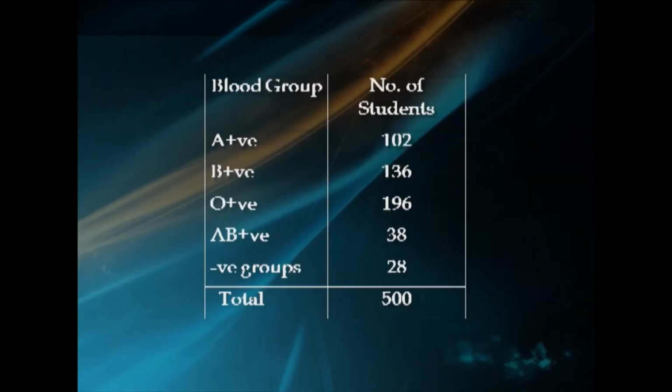The following data were obtained from a blood group detection camp among 500 students of a college. Blood groups: A positive, B positive, O positive, AB positive, and the next group is of negative groups. Number of students: A positive 102, B positive 136, O positive 196, AB positive 38, and for negative groups 28,